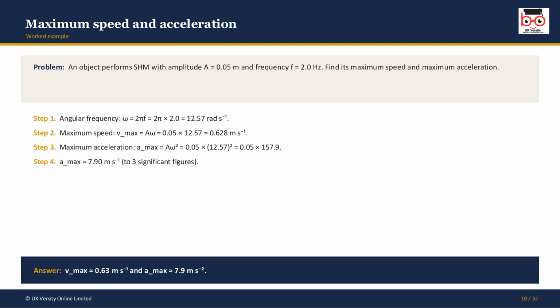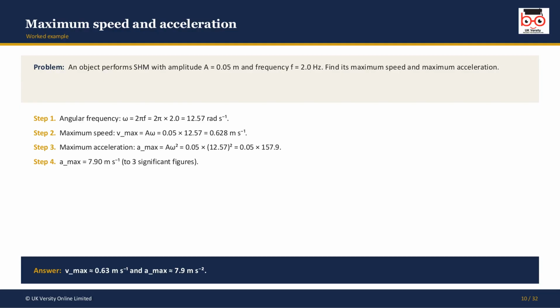Let's put that into practice. An object performs simple harmonic motion with an amplitude of 0.05 meters and a frequency of 2.0 hertz, and we want the maximum speed and the maximum acceleration. First, the angular frequency. Omega equals 2 pi times the frequency, 2 pi times 2.0, which is 12.57 radians per second. The maximum speed is amplitude times omega,